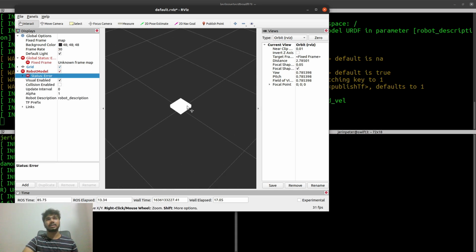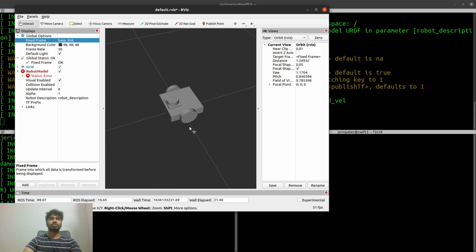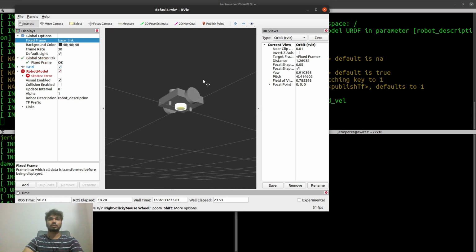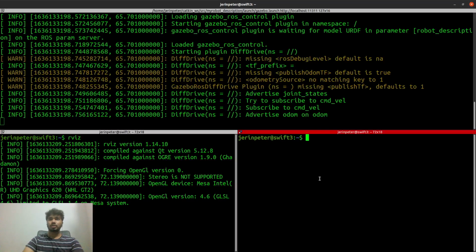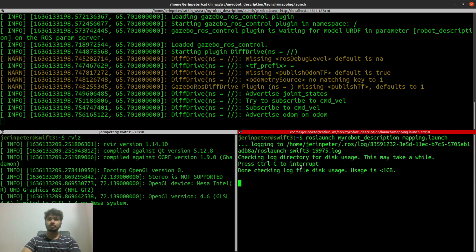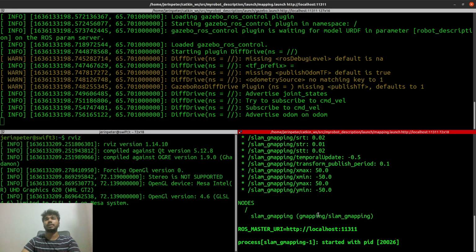And there is a status error here because the fixed frame is map. Let's change it to base_link, and as you can see the robot is here. So let's run the navigation, the mapping package. To do that, we'll do roslaunch my_robot_description mapping.launch. Let's see what will happen.